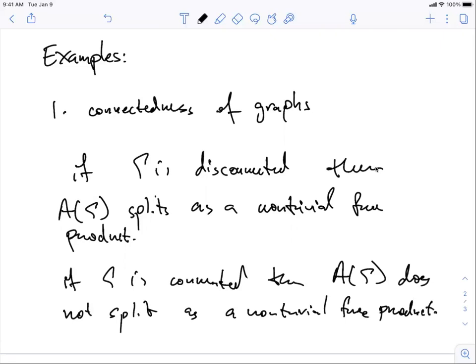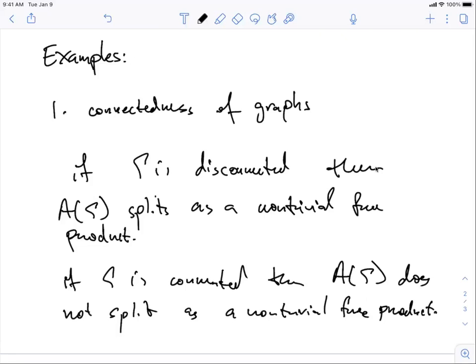This is oftentimes attributed to Brady and Meier. I think the proof of this really just follows from the work of Stallings characterizing groups with infinitely many ends. If A of gamma splits as a non-trivial free product, then it has infinitely many ends. But now if you